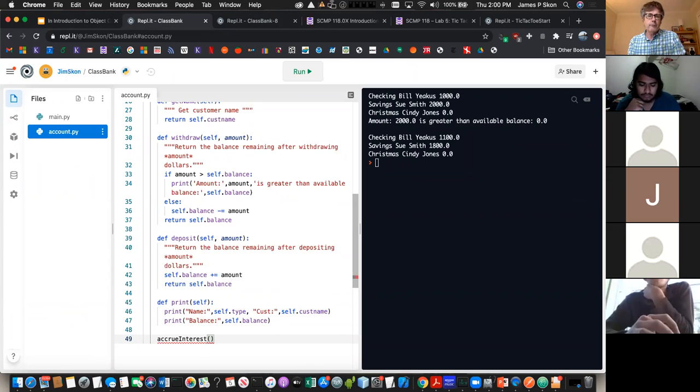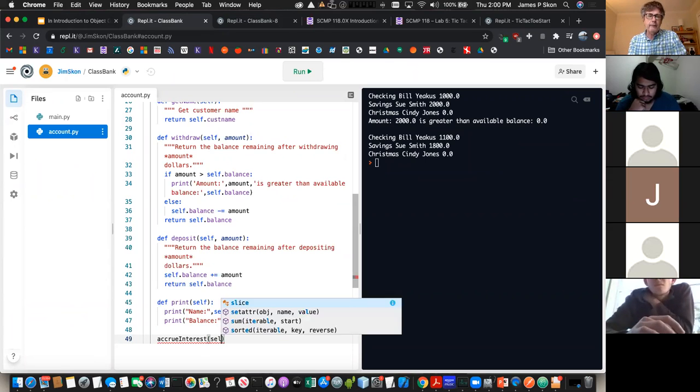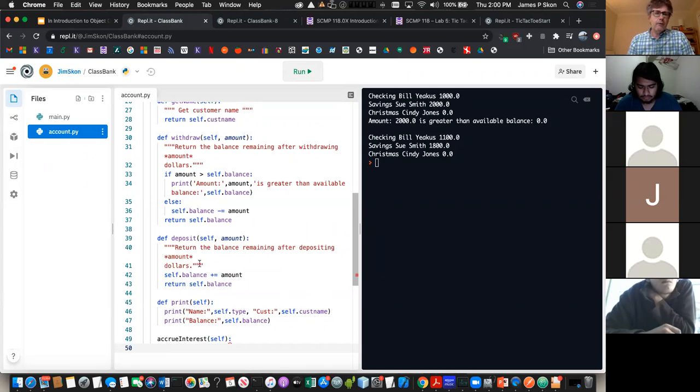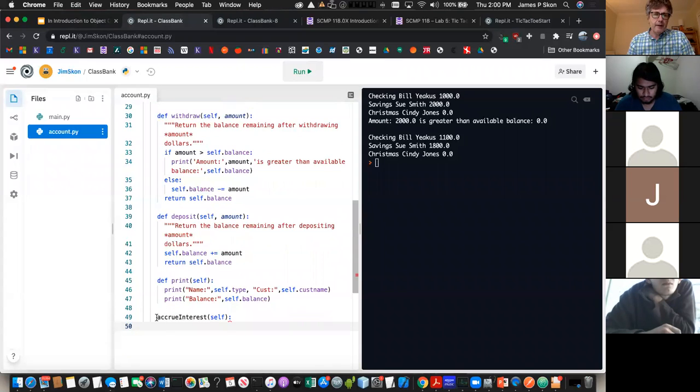Now, when we write a function, we always start out with self, always, if it's a method within an object. And then accrue interest doesn't need anything else because it just adds interest to the account. So what do we need to do? Oh, I forgot my def. How do we accrue interest? Well, it turns out that 4.0 interest is really